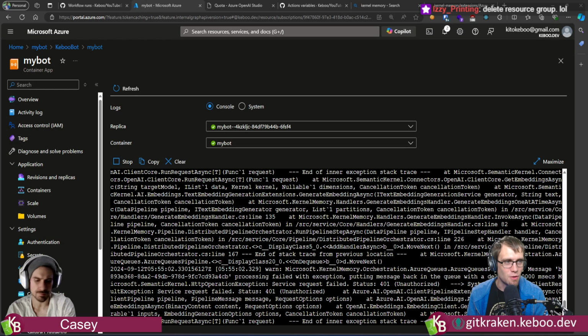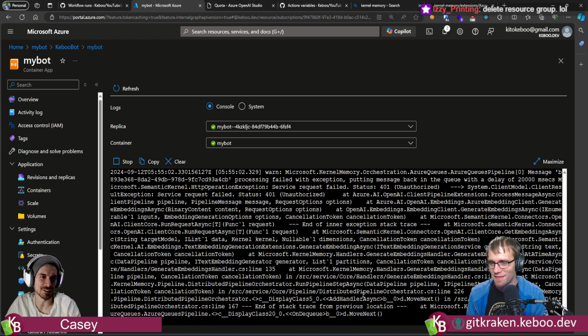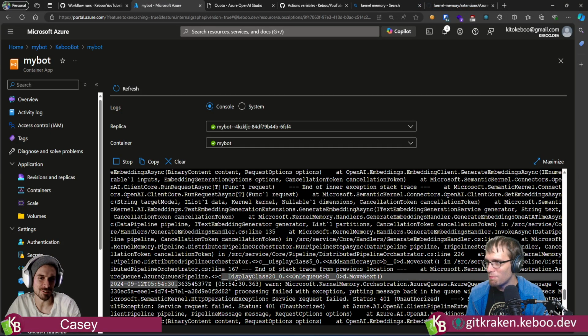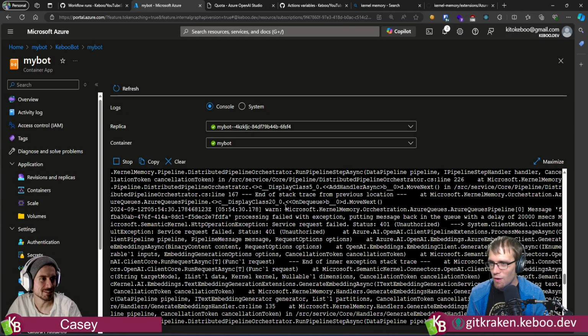Delete the resource group. See, Izzy, if I had Terraform up, I would absolutely run Terraform Destroy on this. No, you'd entertain it. You wouldn't do it because it would still take longer than doing it via command line or some other way. So this may have stopped, right? I don't know how.